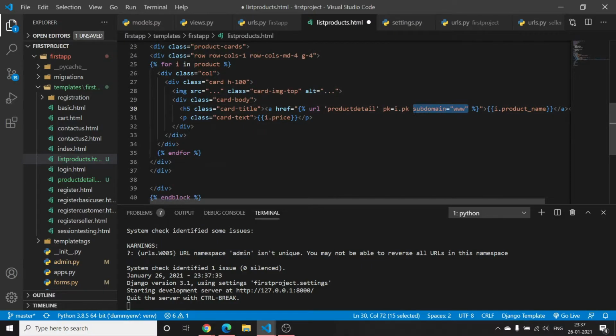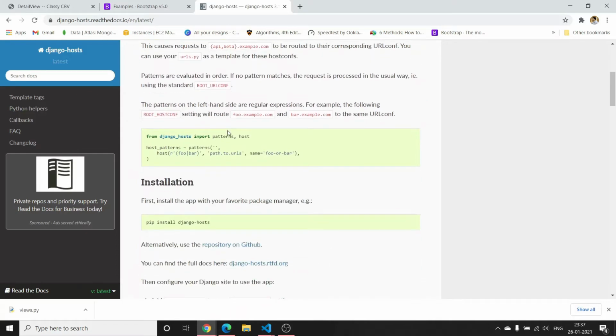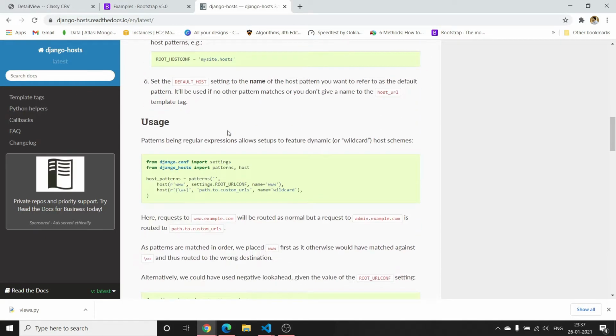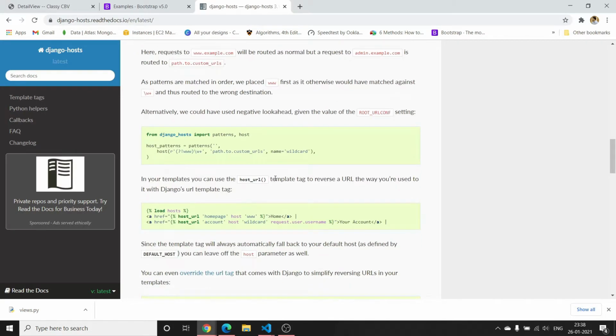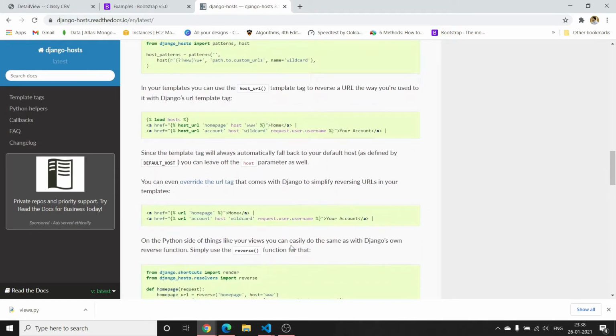So if I have to mention a subdomain here as well, I have to go to the Django hosts documentation, and it's mentioned that in your template you can add a URL like this host.